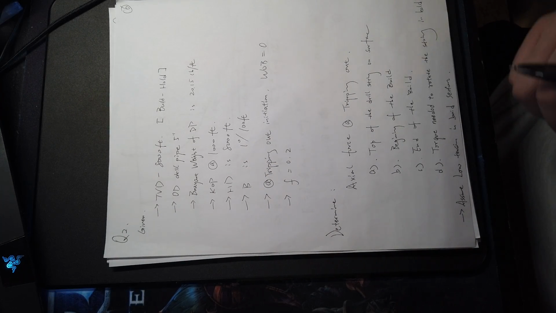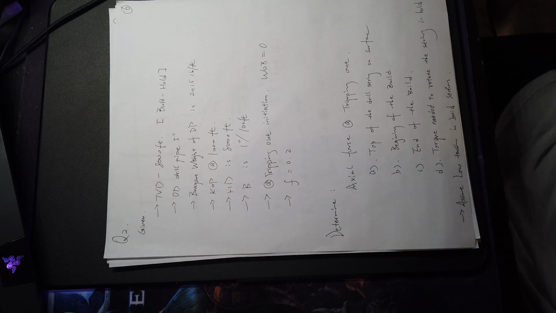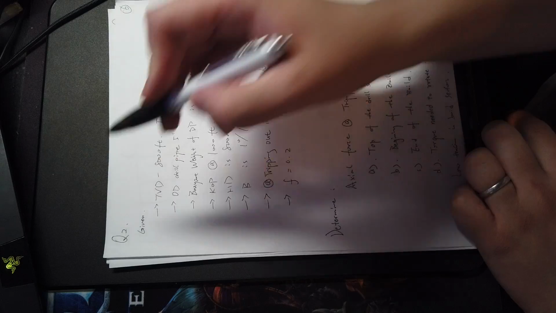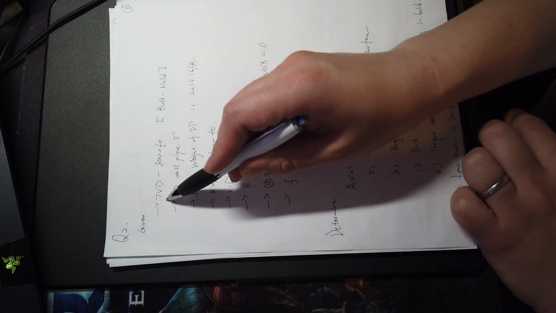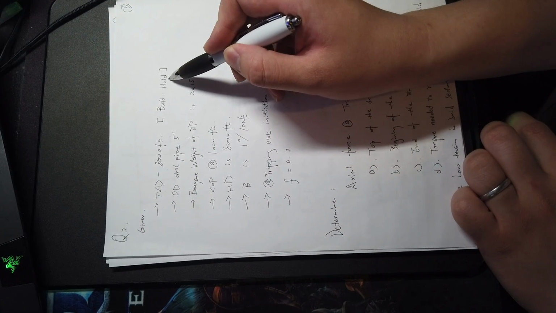Hi, so let's come to question number 2. The question is that we have a known trajectory and we want to calculate the axial force at different locations of the drill string when the drill string is pulling out. So here are the givens. We have a trajectory with a true vertical depth of 8,000 feet with a build and hold